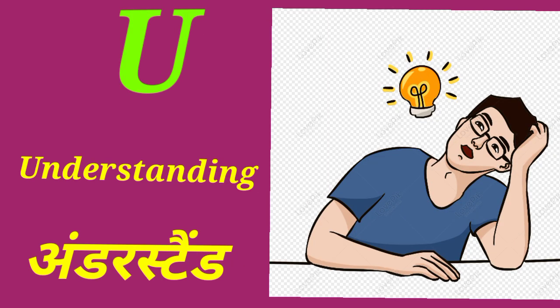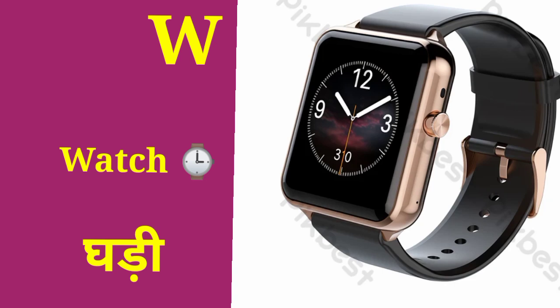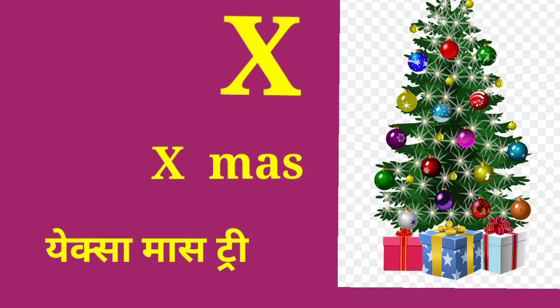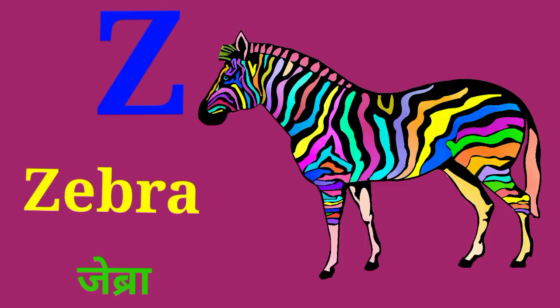U is for understanding. V is for vegetable. W is for watch. X is for Xmas tree. Y is for yacht. Z is for